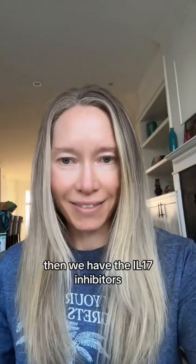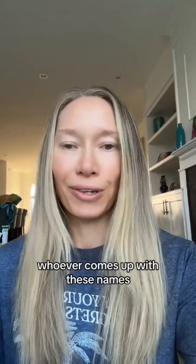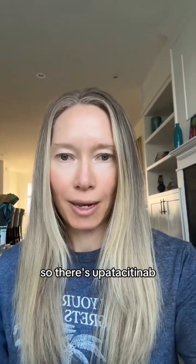Then we have the IL-17 inhibitors, so secukinumab or Cosentyx, and ixekizumab, also known as Taltz. Whoever comes up with these names, I swear, it's ridiculous. And then lastly, the JAK inhibitors. So there's upadacitinib, which is Rinvoq,